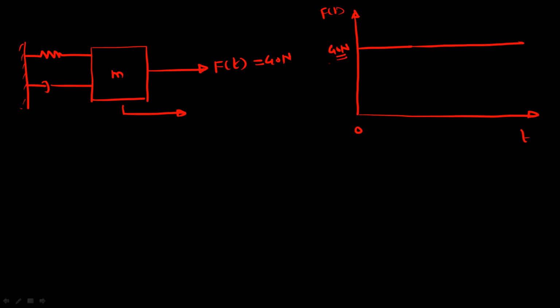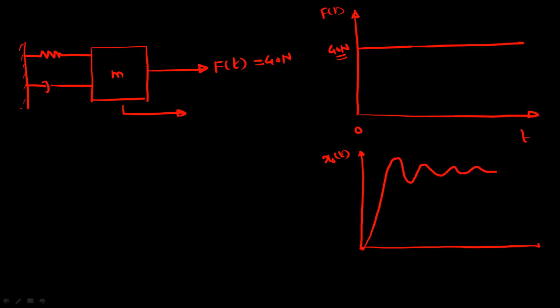Okay, so we have to check what is the effect on the displacement. So if you plot the displacement from the experiment, this is output displacement in time domain, then displacement will have the waveform like this. It will oscillate for some time and then it will become stable. Okay, so from this output graph, we will find out the parameters C and K. Okay, and then we'll put this value in the standard transfer function.